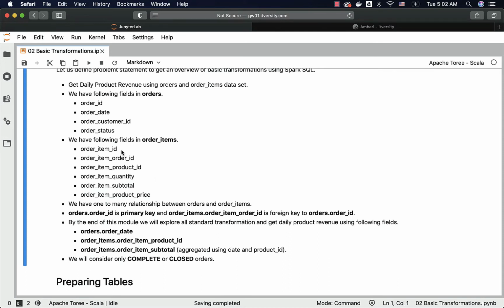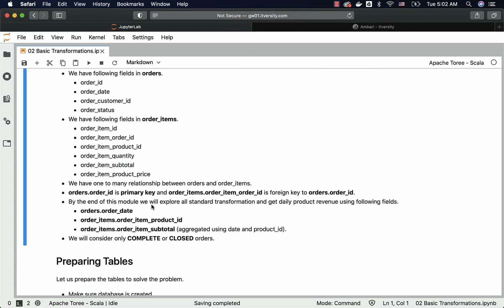At times you might join orders and order items with order ID in orders and order item ID, which is not correct. Order item ID is not related to order ID. You will see incorrect results. You have to use order item order ID, which is a foreign key to orders.order ID, to satisfy the join condition between orders and order items. Otherwise, you will see incorrect results, or you might even see syntax errors.